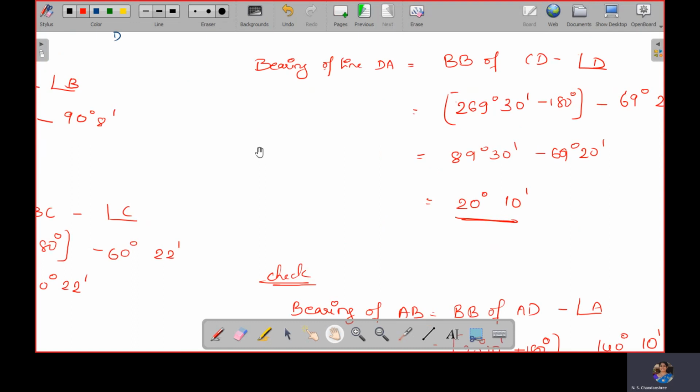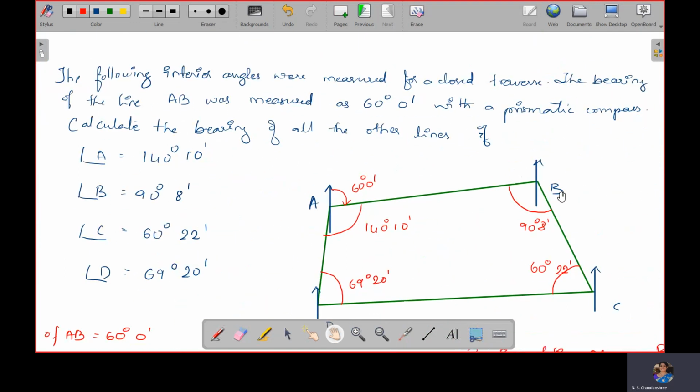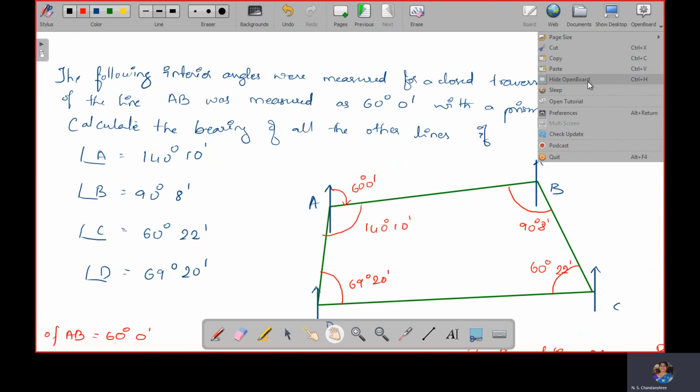So in the data given also, the bearing of the line AB was 60 degrees. When we went in the clockwise direction and came back, again we found it to be correct. So these are the two types of problems which we will encounter during the